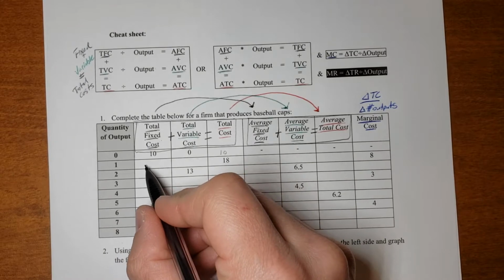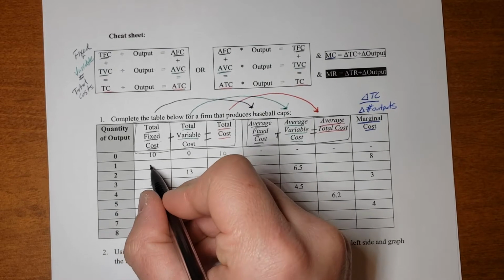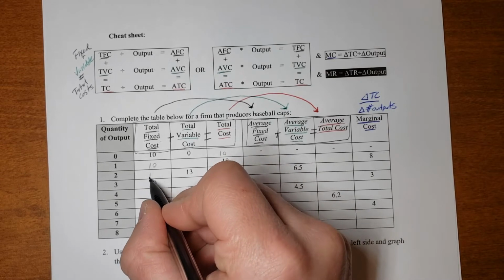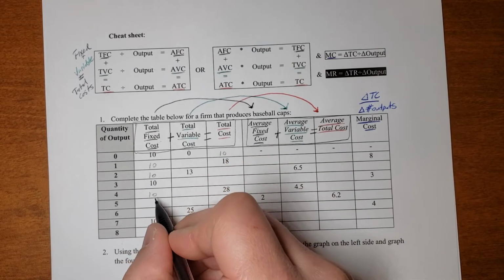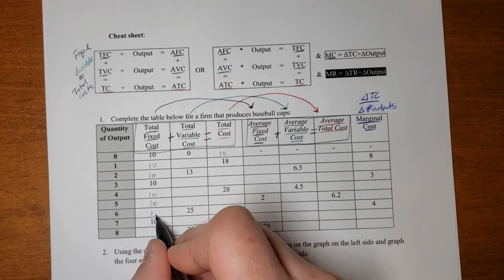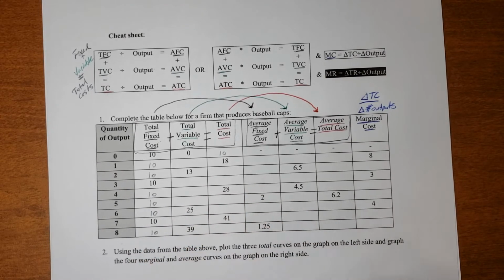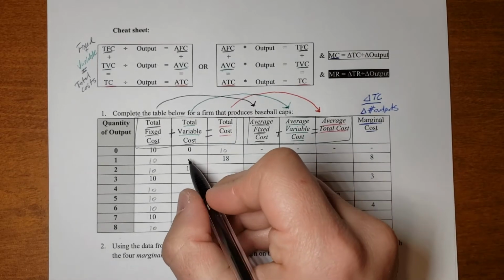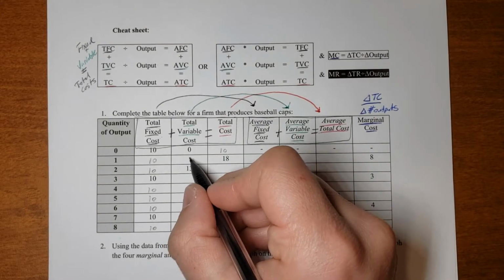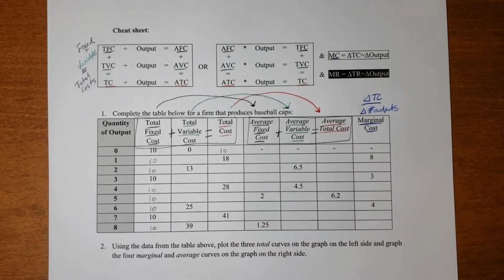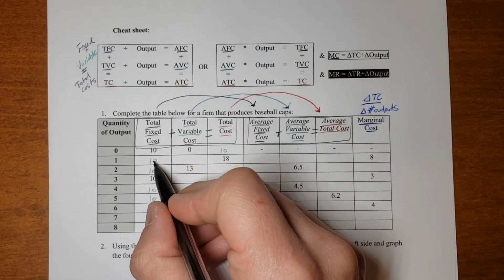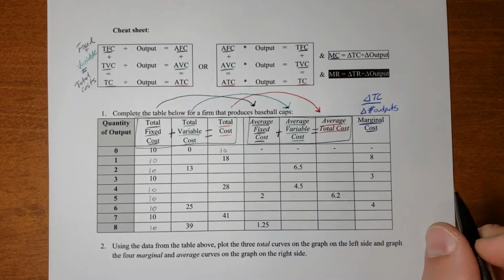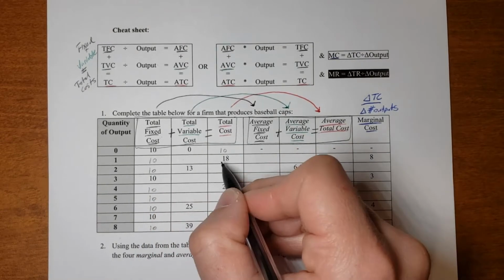Now if we go on to the first unit of output, the total fixed is going to be there no matter what, and it's always going to be the same. So you might go ahead and fill in all of these numbers, because the total fixed cost is always going to be 10, at least in the short run. Now, the total variable cost is going to change and the total cost will change. But notice that now we have additional numbers to work with, to sort out our puzzle. So 10 plus what equals 18?